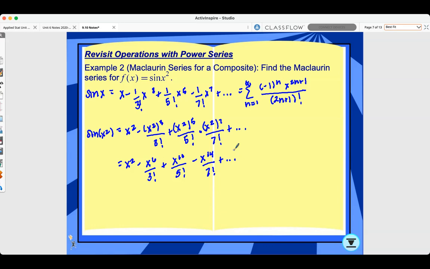With this, we would go ahead and try to come up with a rule. If we use derivatives for this, it would take a really long time. So that's why you want to try to find the composition within a function that we have. This would then equal, you would want to find some rule, and it's the sum of negative 1 to the n times x squared to the 2n plus 1 all over 2n plus 1 factorial, because all we did is plug in x squared. And then that simplifies to